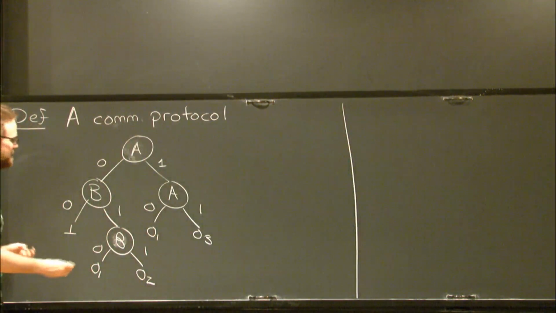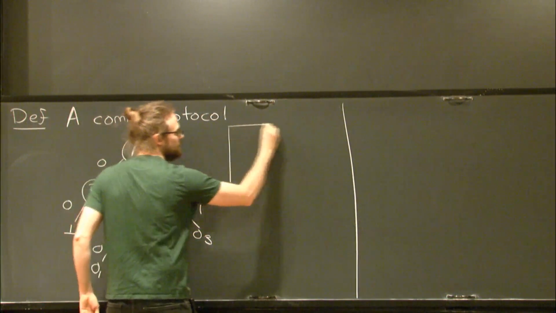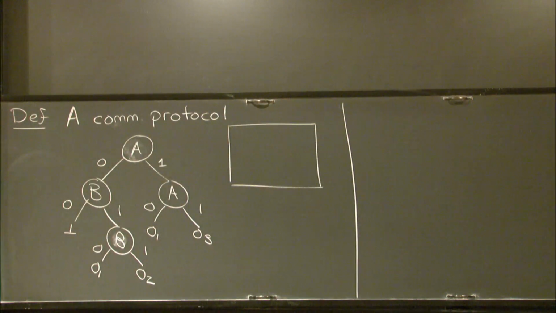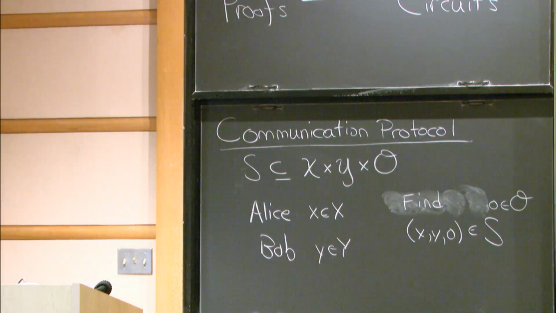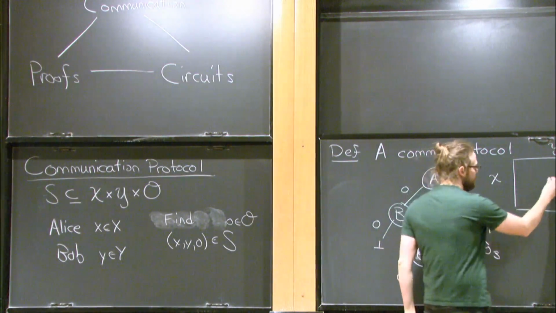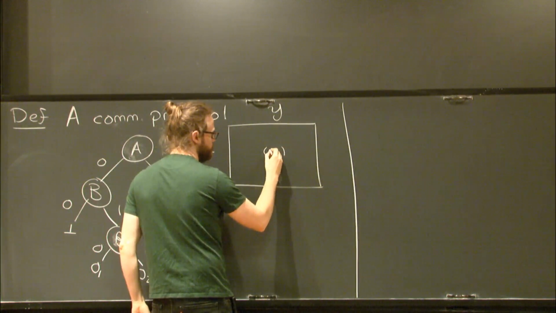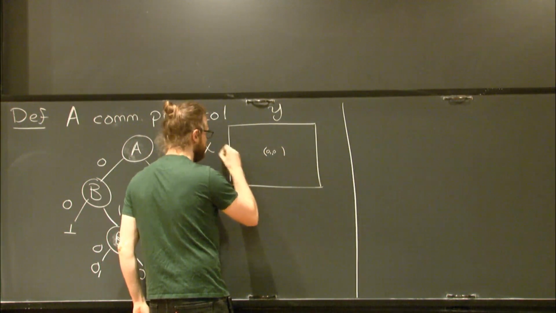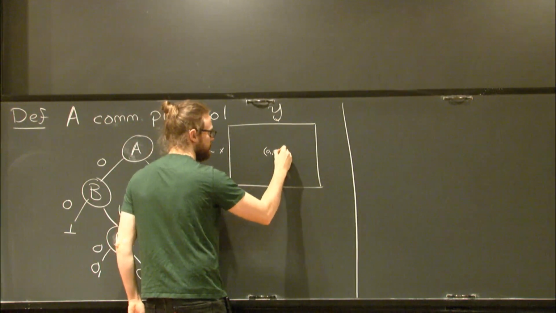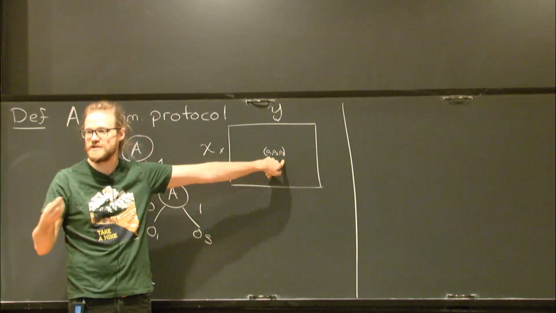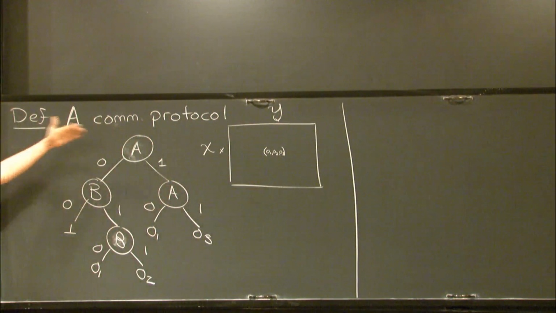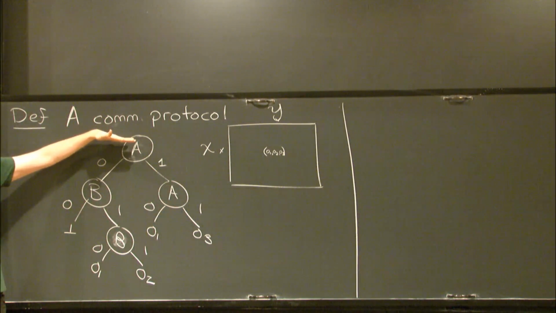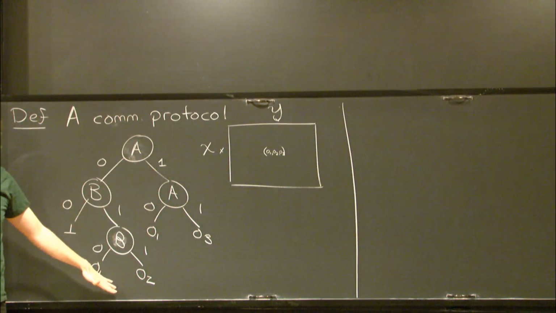Well, we can just imagine describing this relation as a matrix. The rows of the matrix will be labeled with Alice's input. The columns will be labeled with Bob's input. And in each entry of the matrix, we can just write down a list of the possible outputs to this search problem which are consistent with those inputs. Now we can draw a very nice picture that describes what happens in this communication protocol in terms of this matrix.